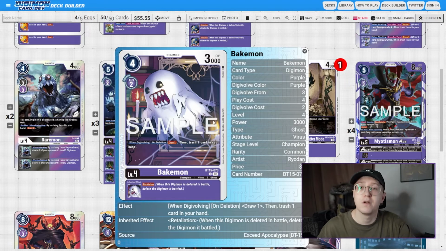So we play it at 3. We then have Bakemon from BT15, new card, has when digivolving and on deletion, draw 1 and then trash 1 card from your hand, and then it has the inheritable of Retaliation. The draw 1 and discard 1, obviously great, but the good thing about this level 4 is that it's very cheap. It only costs 4 to play, and you know, the on deletion, we're going to be triggering that off